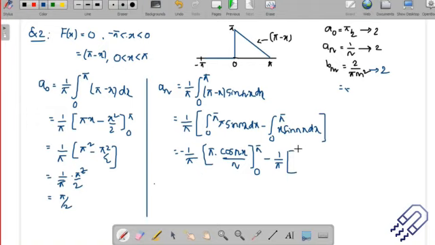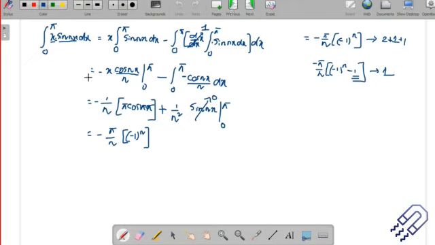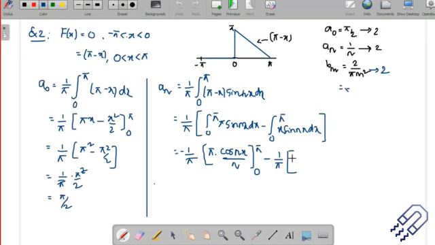Right? So we have already done x sin x. I forgot the result. The integral of x sin nx from 0 to pi is minus pi by n, minus 1 to the power n. Right, so this is minus of pi by n and then minus 1 to the power n. This and this will get cancelled, this and this will get cancelled. Okay, so we should be getting it to be